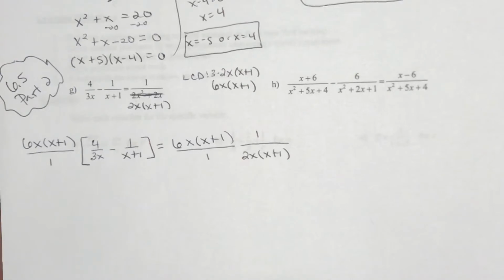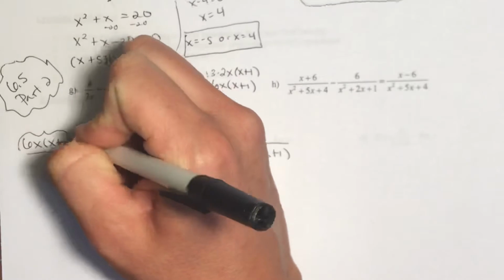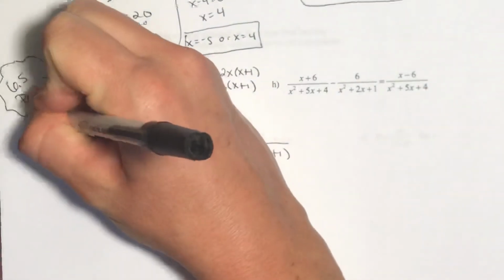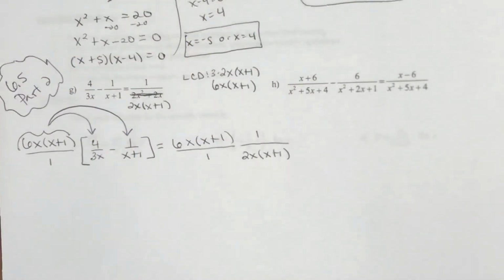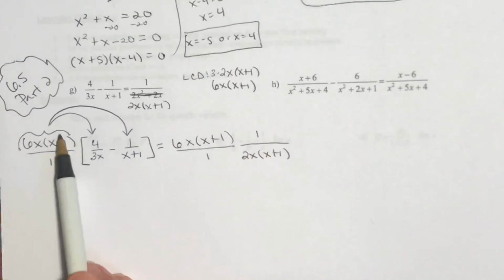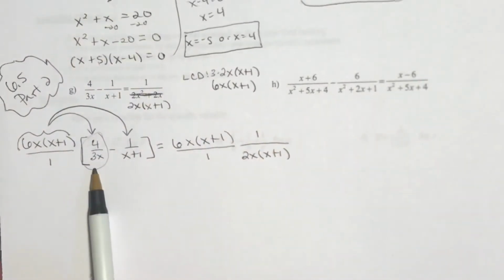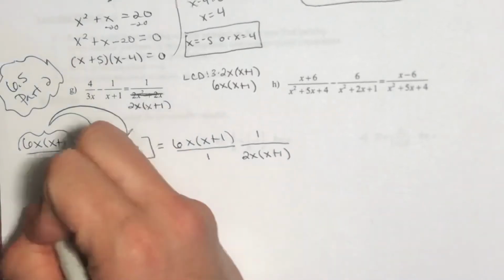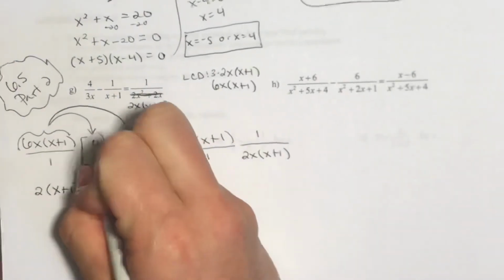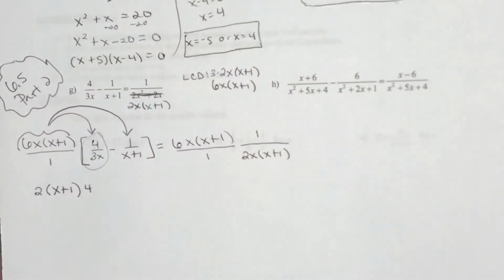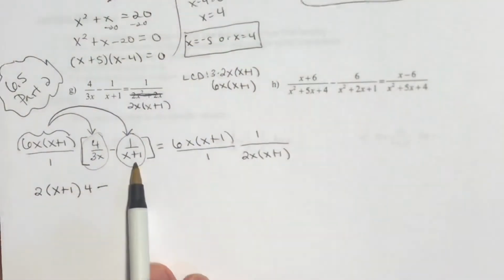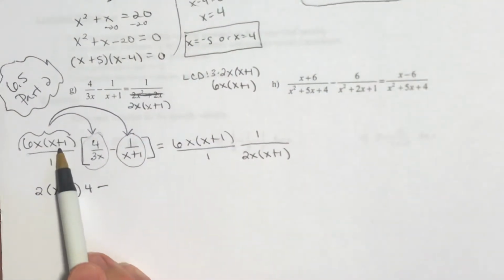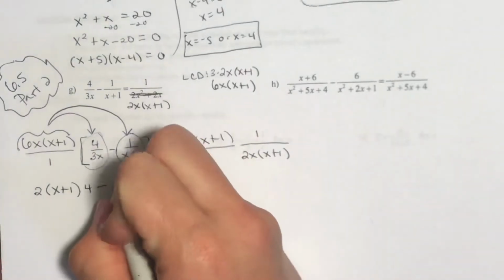Okay, so next step, we would distribute 6x times x plus 1 to 4 over 3x, and then we'll distribute to the negative 1 over x plus 1. Okay, starting with distributing here. The 3x in the denominator will cancel with the 6x and leave us with 2. So we'll be left with 2 times x plus 1 times the 4 that's in the numerator. Okay, then minus the x plus 1 in the denominator here will cancel with the x plus 1, and we'll have 6x times 1, so minus 6x